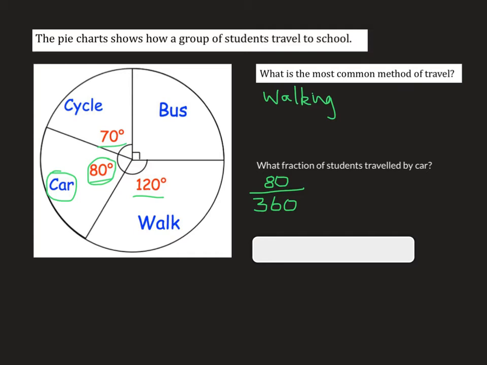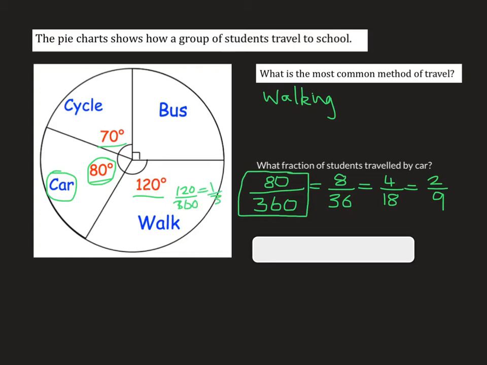Now obviously if we can, we're going to want to simplify that, so let's divide at the top and bottom by 10. We get 8 over 36, and I can halve the top and bottom, 4 over 18, and I can halve those again, 2/9. But this is the key step. When I need to find a fraction involved in a pie chart, just remember it's out of 360 degrees. So, for example, the walking would be, as a fraction, 120 out of 360, or a third,